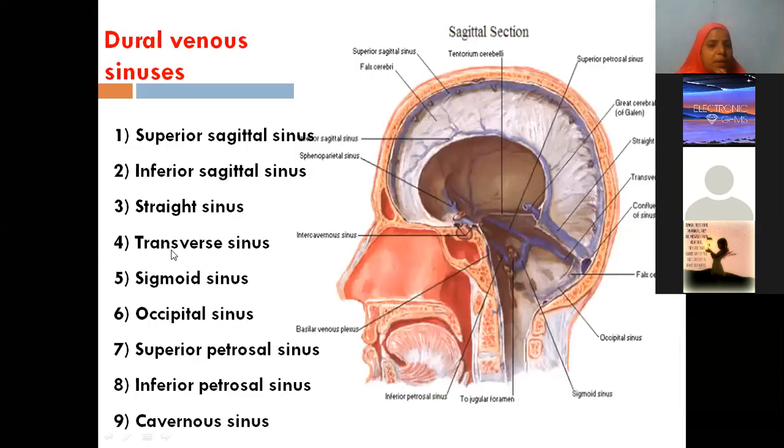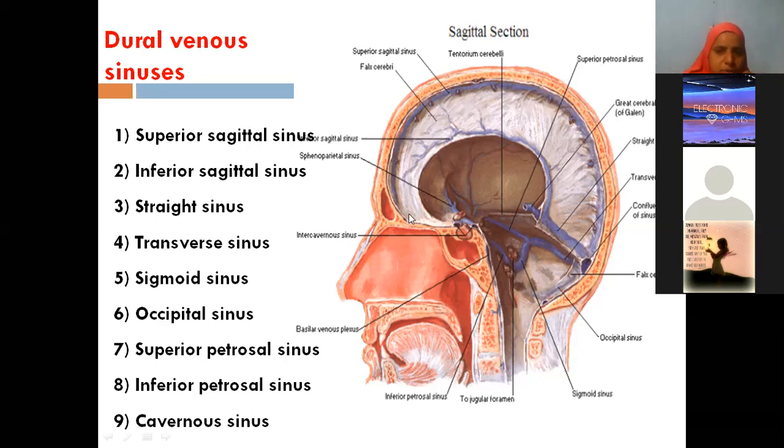Okay. Then now let us name them better. What are the dural sinuses? Now you have understood the definition, no? And I was talking about falx cerebri. This is one of the meningeal layers of the dura mater, which has folded inside and which is separating the two cerebral hemispheres. Suppose this is falx cerebri, this pink partition what you have. Okay, this is seen between the two cerebral hemispheres. Now, associated with falx cerebri only, we find so many dural venous sinuses. We have paired ones, we have unpaired ones.